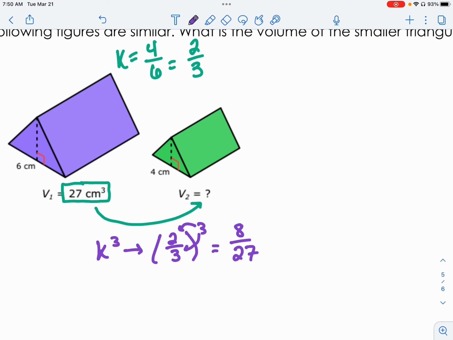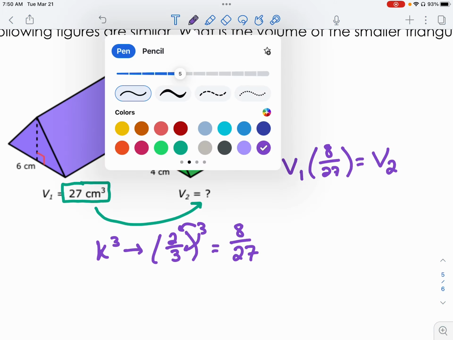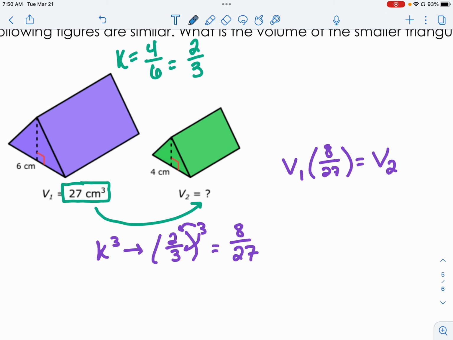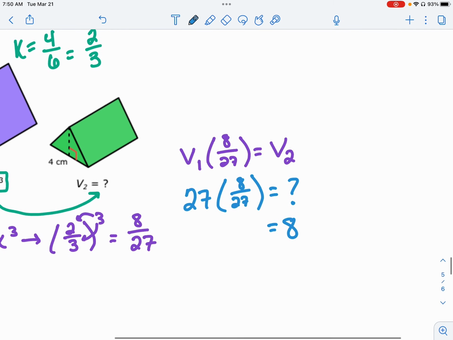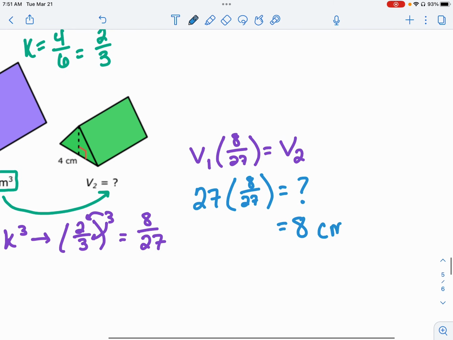So volume 1 times our relationship K value of 8/27 will equal volume 2. We were told that volume 1 equals 27. So 27 times 8/27 equals what? Well, that just equals 8, and our units are centimeters cubed. So again, make sure that you are cubing your K